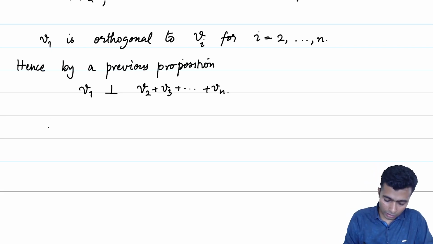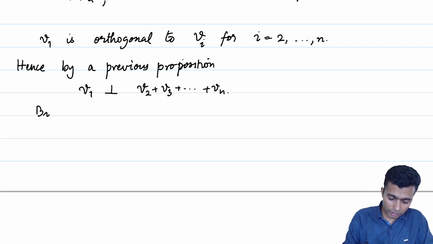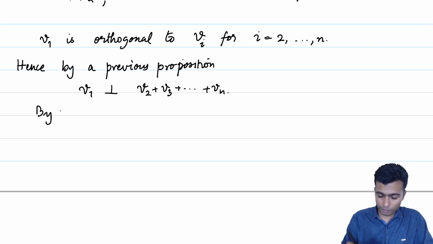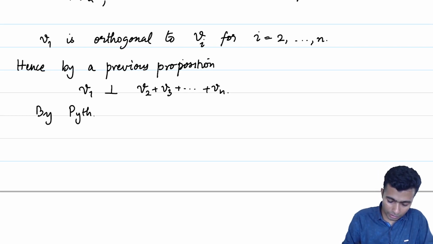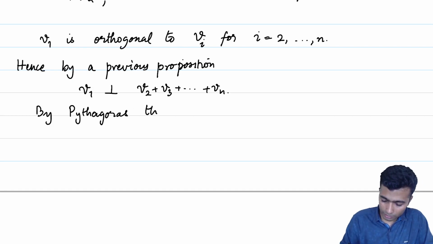And that means now, by the Pythagoras theorem, not the generalized one, we are proving the generalized one, by the Pythagoras theorem for two orthogonal vectors,